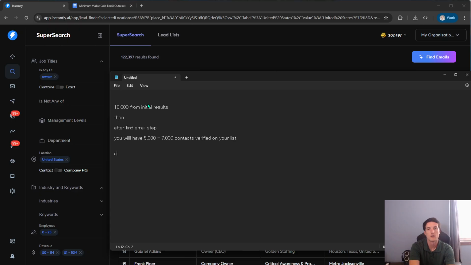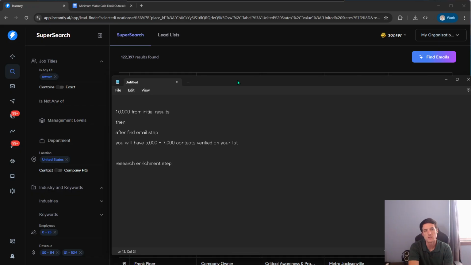And then this is what everybody talks about: Clay. Some people use Instantly, some people use a lot of different tools. And what I would recommend is just having an AI prompt set up that you have saved on Instantly, where you can use the one they already have set up that's like 0.5 credits per contact, but it's going to be a research enrichment step, and that's going to give you like the company description and notes for the contact,